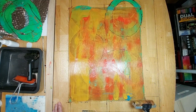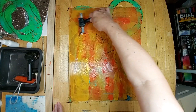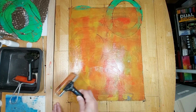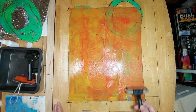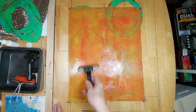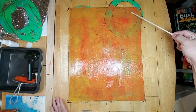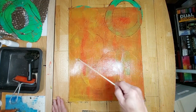It may seem very brightly colored, but there are a lot of acetate stencils, so it's going to kind of tone it down a little. Okay. Again, I'm going to add some scribbling. I'm not sure where they will end up, but